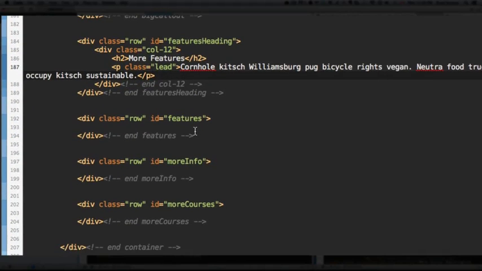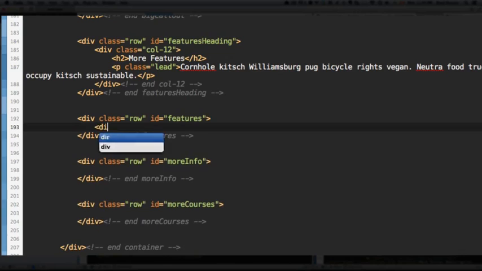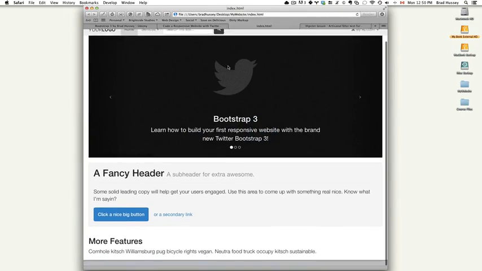And next we're going to go down to the features ID, the row with the ID of features, and start adding those awesome panels. So let's give a div with the class of col-sm-4. If you recall in a previous lecture, this is a Bootstrap 3 class that allows us to have a column, or rather a section, that is 4 columns wide. So because we have 3 boxes,